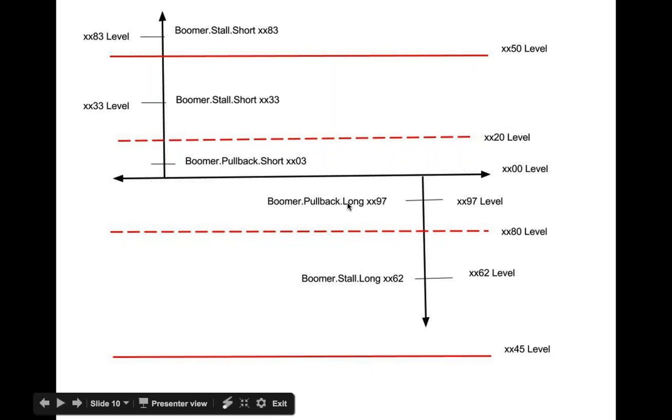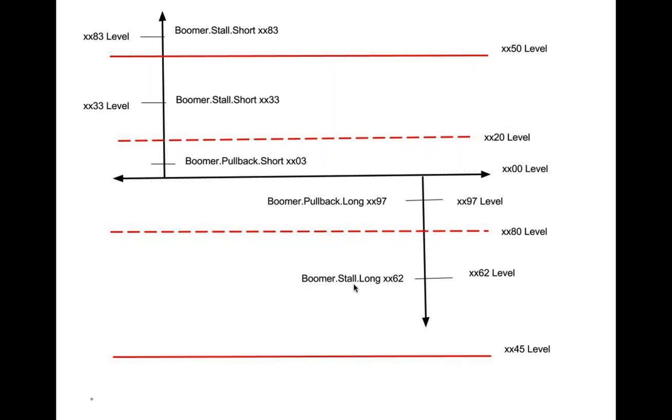Then you have one pullback long below the 00 and one boomer stall long below the 00. So overall, you have like five potential trades across 100 points of movement, and you can multiply that by 5 currency pairs. So in an idealistic world, you have 25 possible trade combinations every single day to day trade,